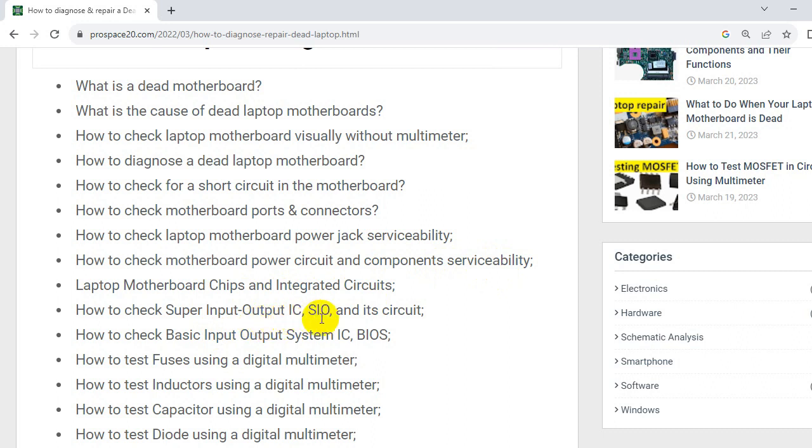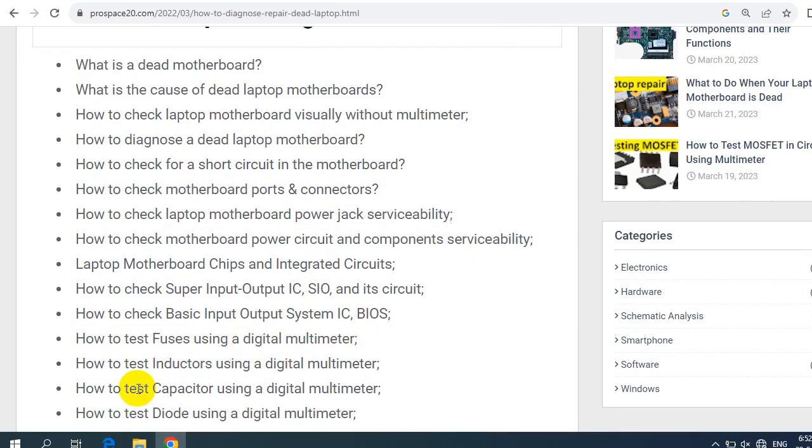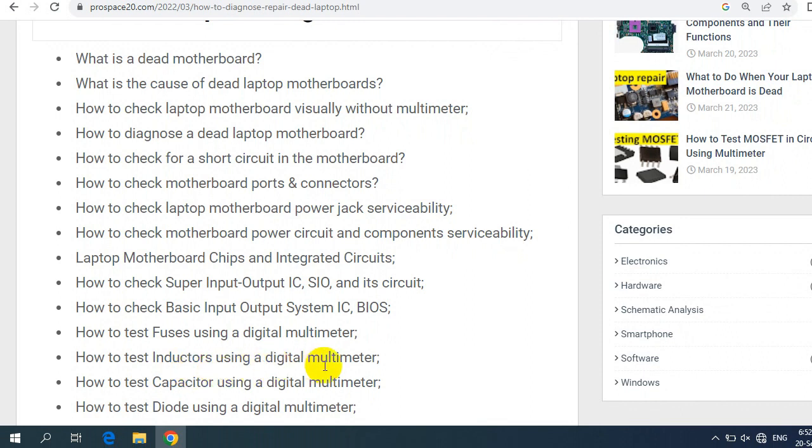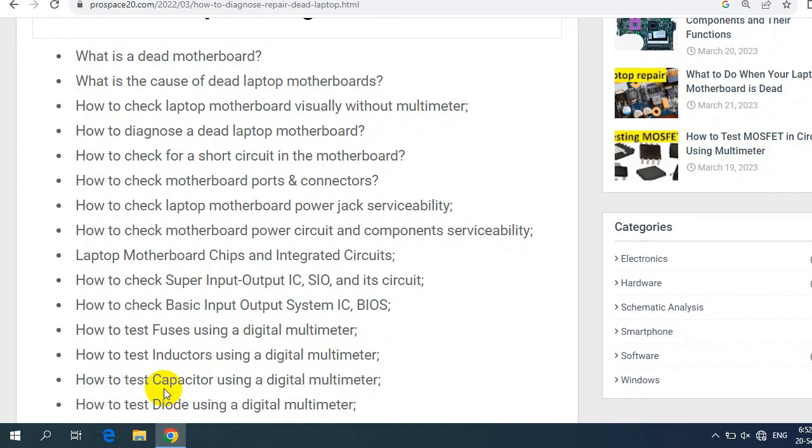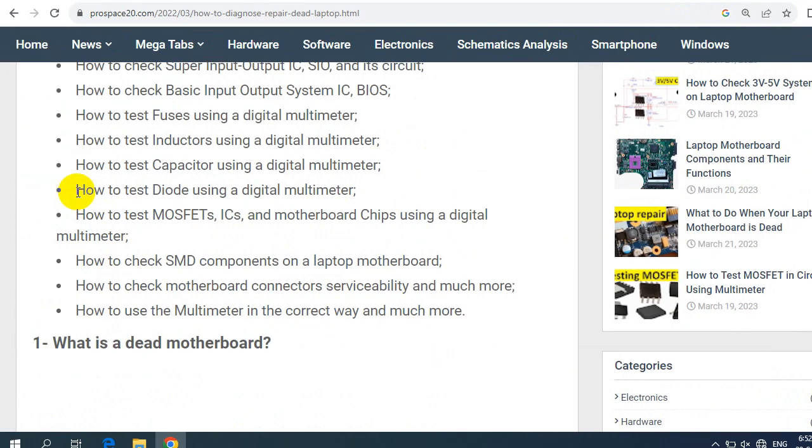IC, integrated circuit, SIO or super input-output and its circuit, how to check the basic input-output system integrated circuit or BIOS, how to test fuses using a digital multimeter, how to test inductors using a digital multimeter, how to test capacitors using a digital multimeter, then how to test diodes, how to test MOSFETs, ICs and motherboard chips using a digital multimeter, how to check SMD components or surface mounted devices and also THT components or through hole technology devices on